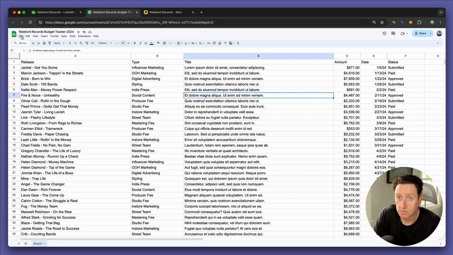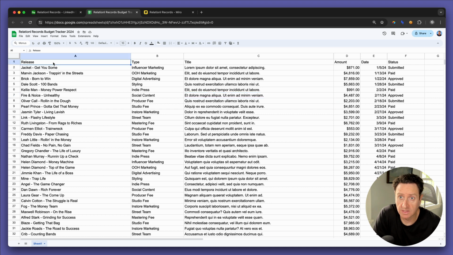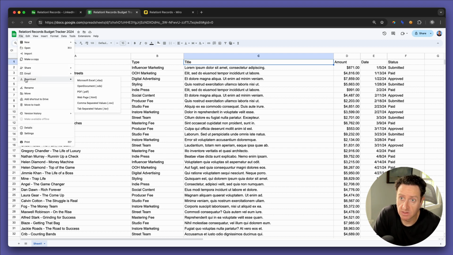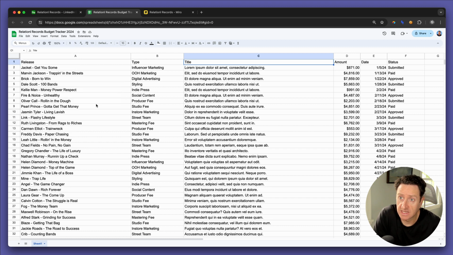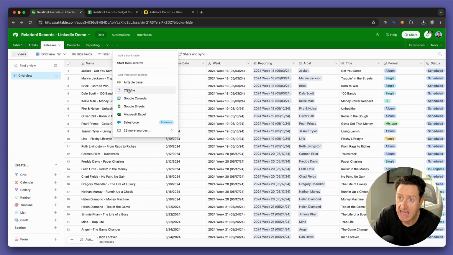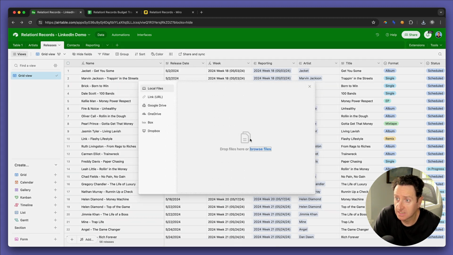First thing we need to do, you already know, is take our spreadsheet of information. This is where you're probably already tracking your budget line items, and we need to put it into Airtable. You'll see we have the release it's associated to, the type of expense, description or title of the expense, the amount, the date, and the status. So let's download this as CSV, come into Airtable, add a table from the CSV,